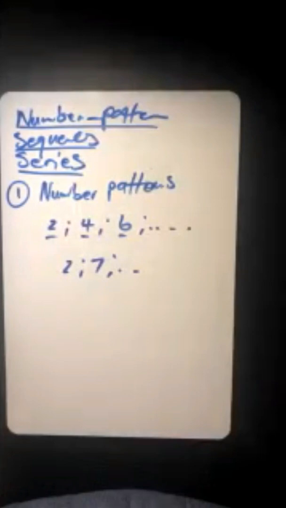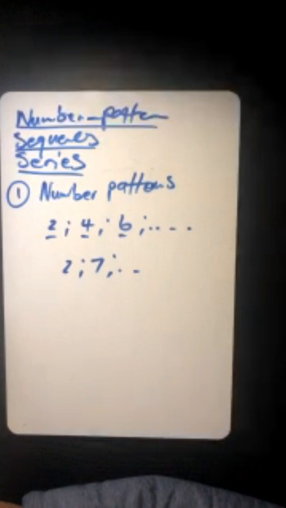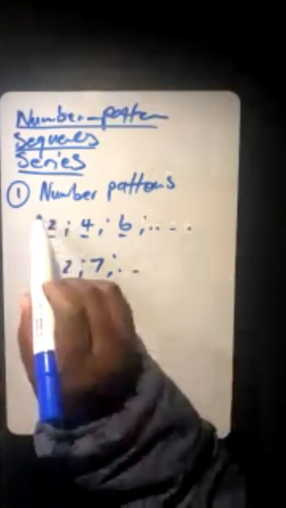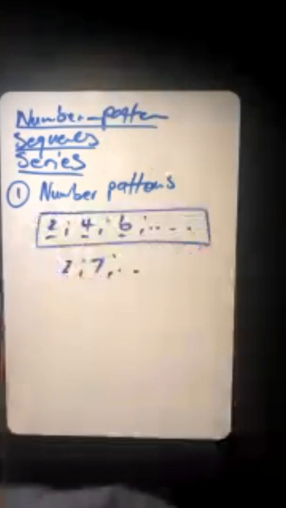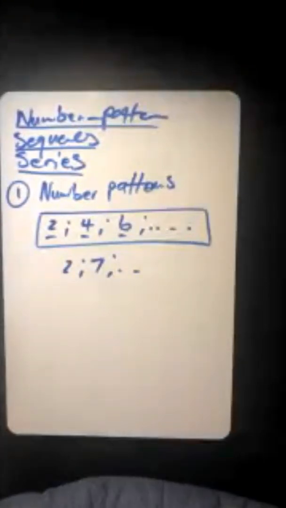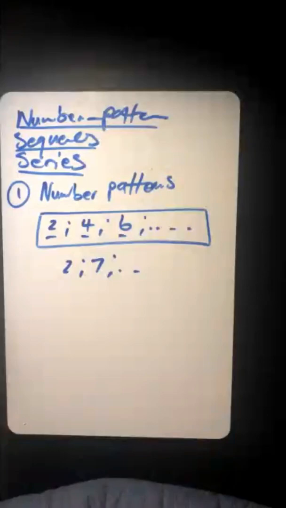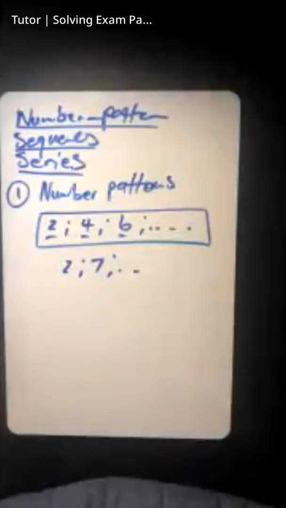Okay, now that you are aware of what a number pattern is, let me not go deep into that, but leave it there for now and introduce you to what we call an arithmetic sequence. You might realize that when you're given 3 numbers, they form a sequence. Then you ask yourself this question: what type of sequence am I dealing with? So you need to be aware of the types of sequences available. What types of sequences do we have? We've got arithmetic, we've got quadratic, and we've got what we call